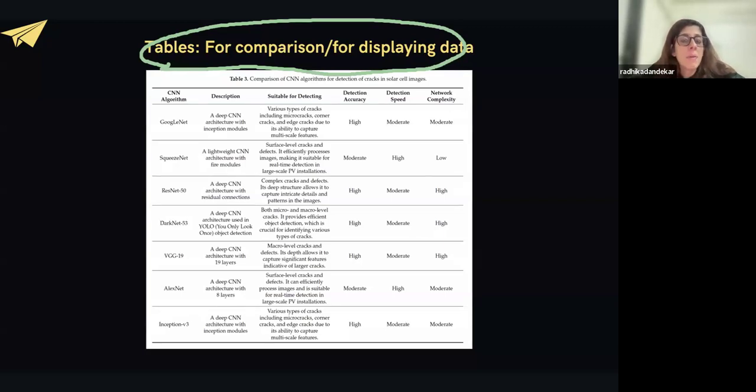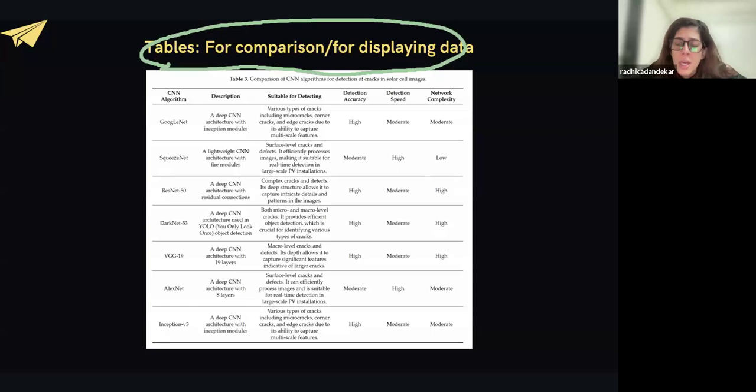Every table has to be labeled, described. The font size, font color, everything, consistency is extremely important. So you need to keep all these things in check when you're inserting a table. And accuracy is also extremely important, because like a figure, a reviewer is going to look at your table first. That is why it is a major component of the paper outline, a major component of the skeleton of your paper.